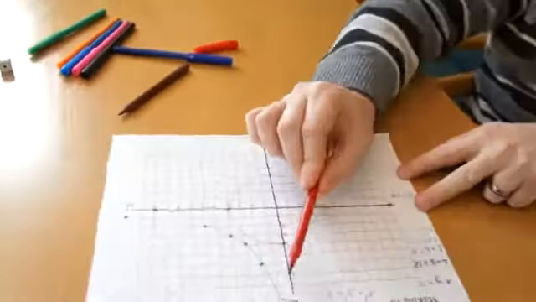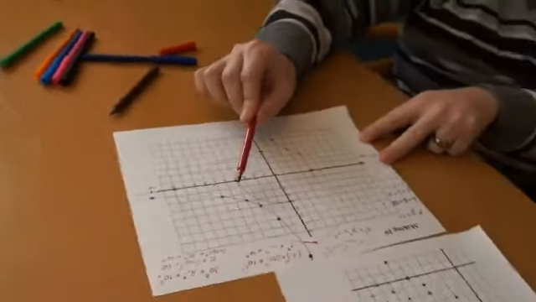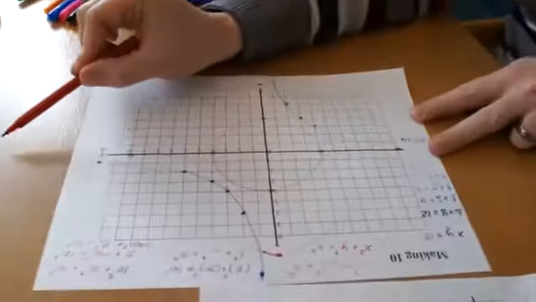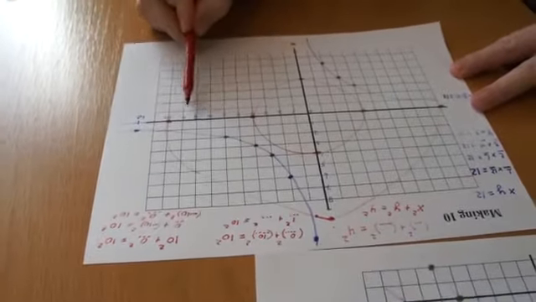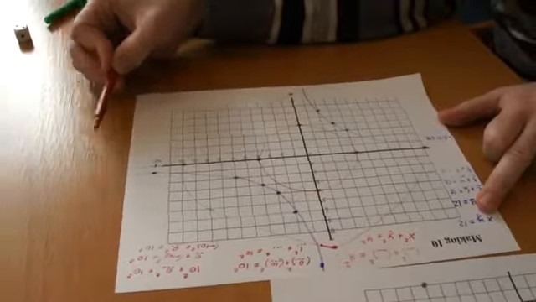So this hyperbola here says that the model is that this is the way that the two numbers behave. One thing that we can say is that as this number gets very large, the other one gets very, very, very small. So this is a consequence of the model. As the x gets very large, the y gets very small. And when the x gets very small, the y gets very large.